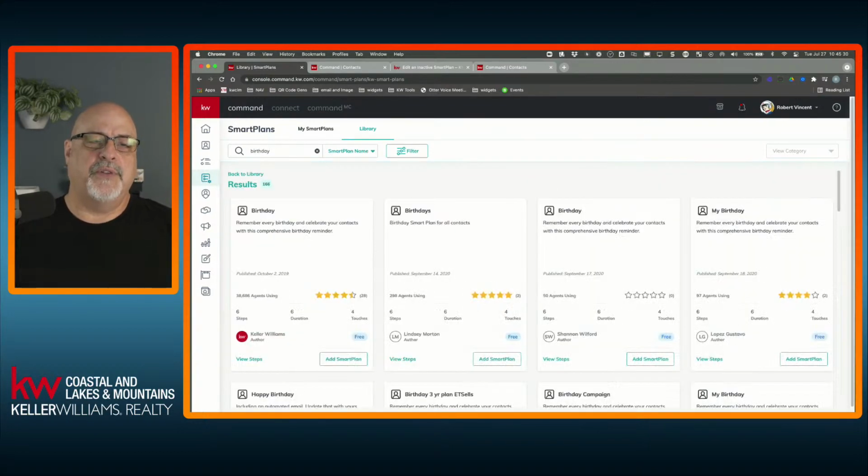So when I search for birthday here, you're going to see a bunch of things pop up. There are 166 results for birthday smart plans. Now, the first smart plan that you see here has that red Keller Williams logo in the icon. This indicates that this plan was built by Keller Williams. This is one that was published by Keller Williams Realty International, and this here is kind of the system smart